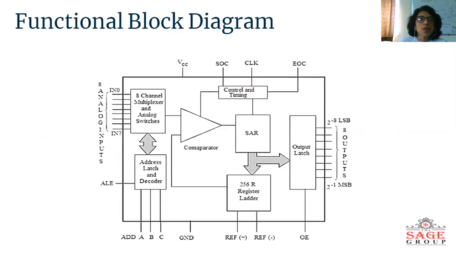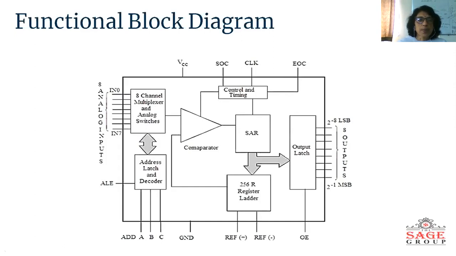So the functional block diagram is as shown in the figure. Here we have 8 analog inputs, we can attach all 8 here. The multiplexer is an inbuilt 8-channel multiplexer, and any one input will be passed to the output of the multiplexer with the help of address lines. There are 3 address lines, A, B, and C. Depending on the input provided at the address, one of the inputs will be output from the multiplexer.